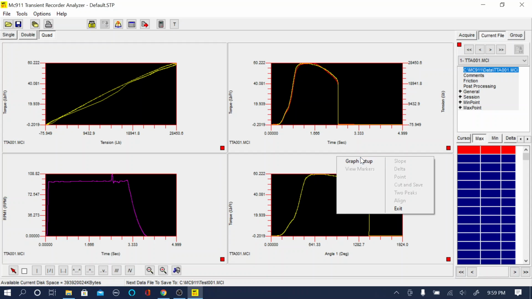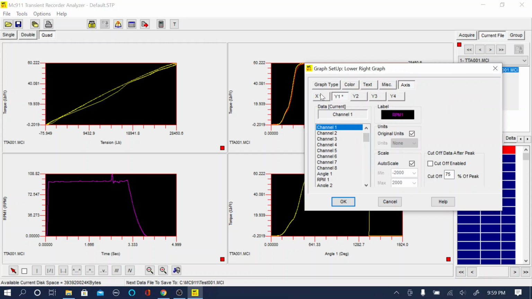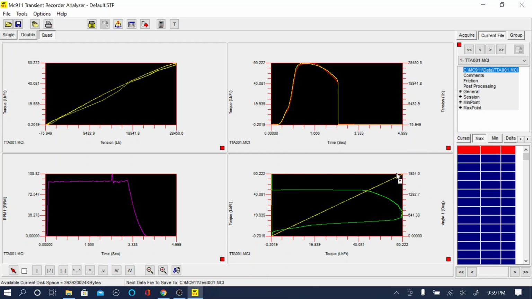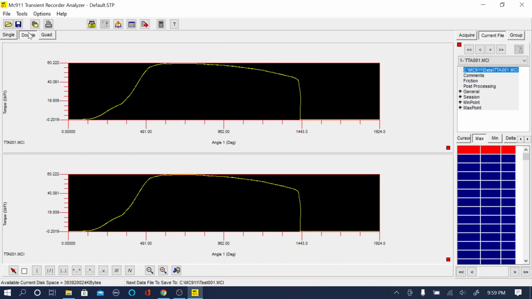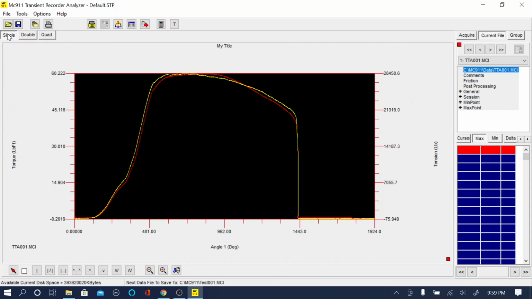And the last one that you see here, maybe you want to do, let's go back, torque versus tension, and maybe angle this way, so something different. So there are all possibilities. So you can have 1, 2, and 4 graphs. That's it. And later on, I'll be covering the rest of the